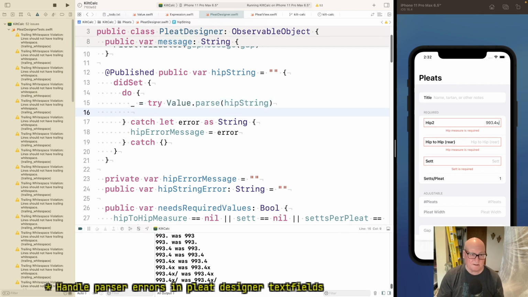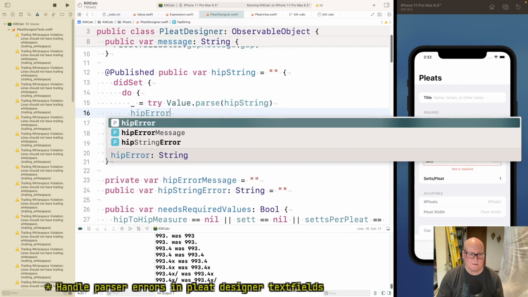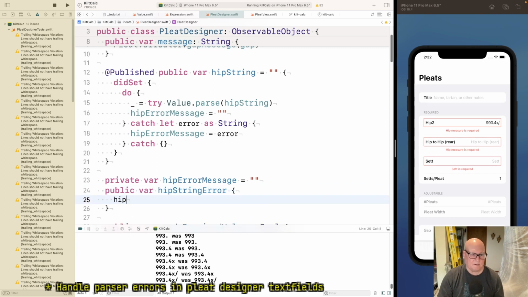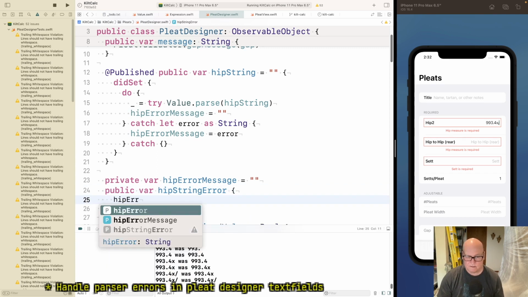But if it parses, we want to clear the message. These are the only two places it gets set, so I think we control that all right. Hip string error then is going to just be hip error message.